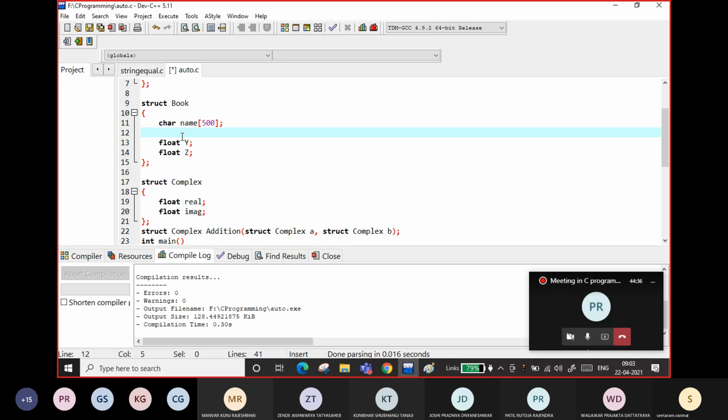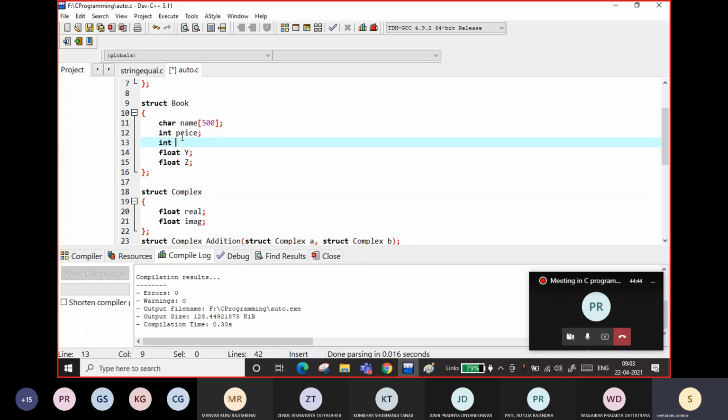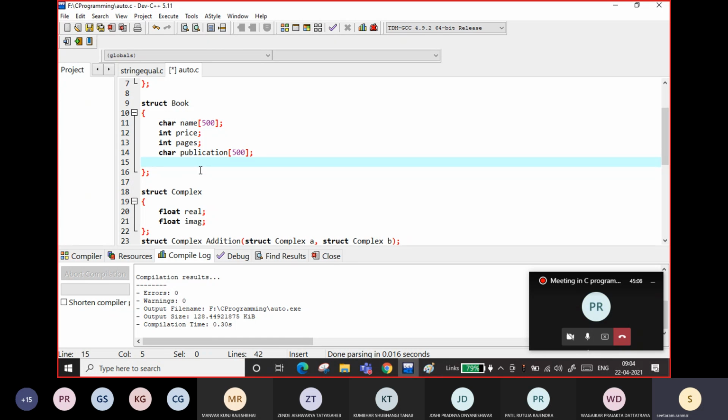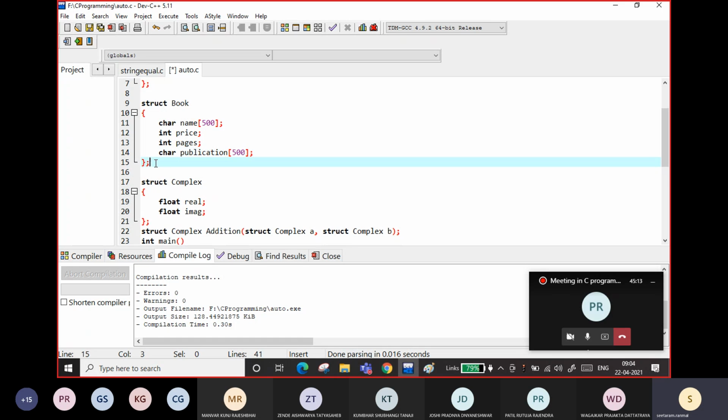Name of a book, teacher, price, integer, number of pages, or instead of pages, a character array as a character publication. Like this, you can define as many members as you want depending upon your requirement, how much data you want to store for this.